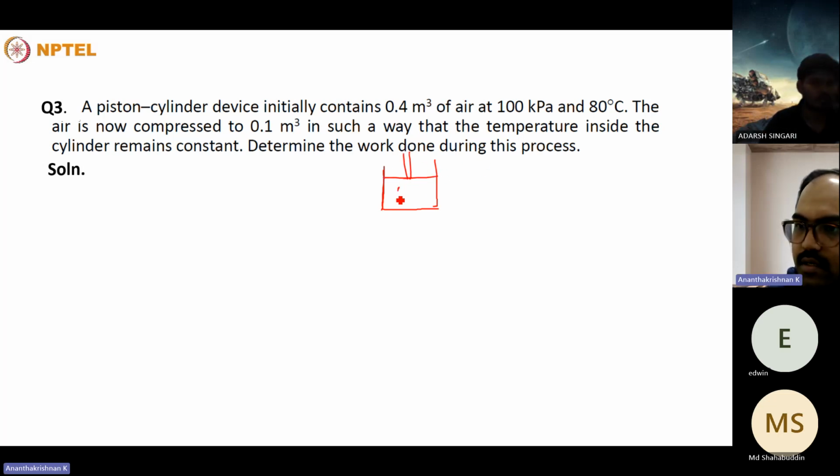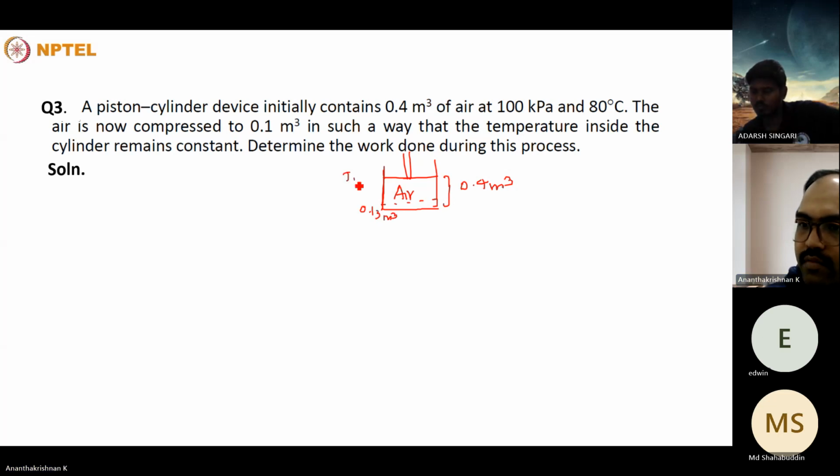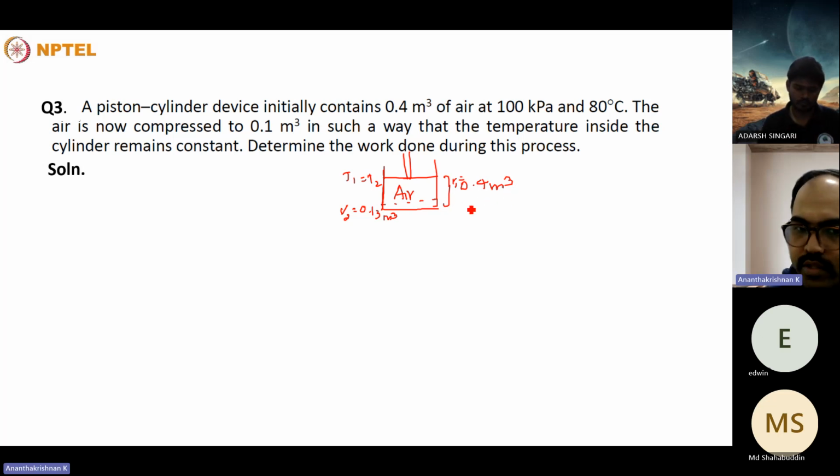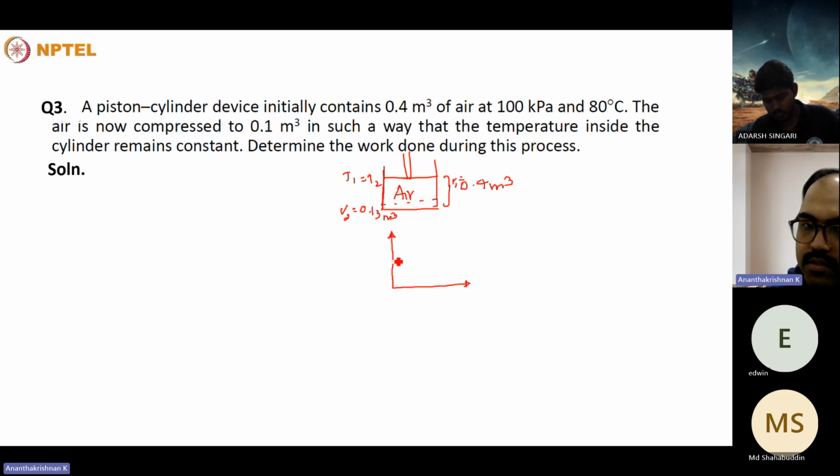So the air inside the piston was initially at 0.4 meter cube and it's compressed to 0.1 meter cube. T1 remains equal to T2. This is V1, V2. Initially the pressure was 100 kilopascal and the temperature was 80 degrees Celsius, and the temperature remains the same throughout. We need to determine the work done during the process. It's a constant temperature process, an isothermal process